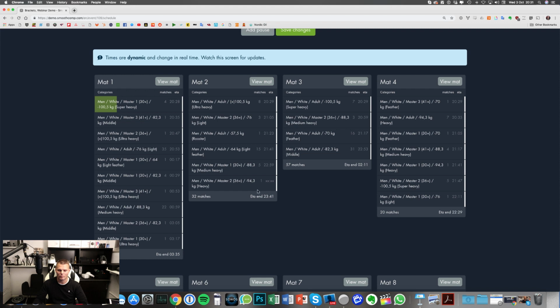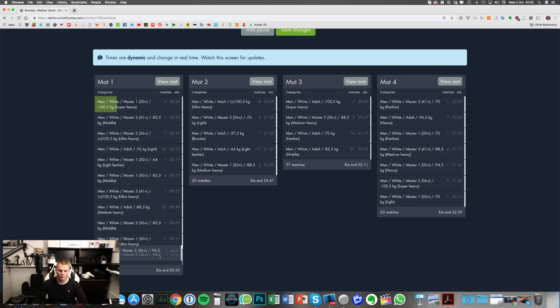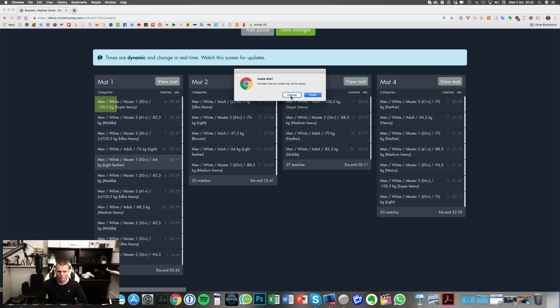So when you're moving a bracket on the event day, you should be very careful, and you should think about what consequences you're causing to your competitors. So it might be better to look higher up in the list on mat 1 to find a matching time and move that one slot instead. See if he finds a match at 17 minutes over midnight, and puts that at the end of the day.